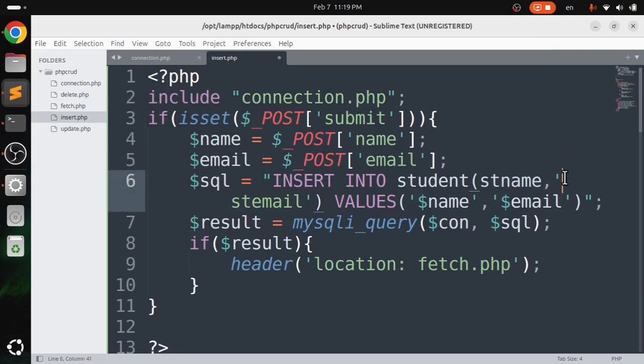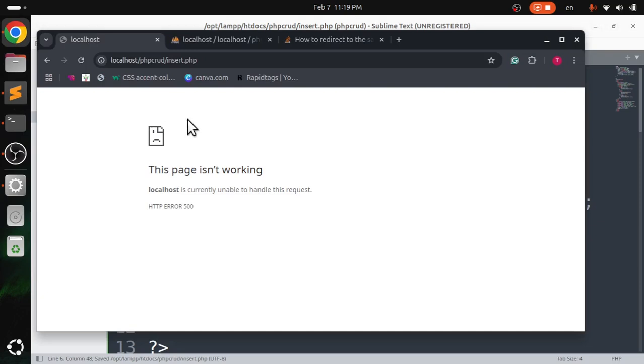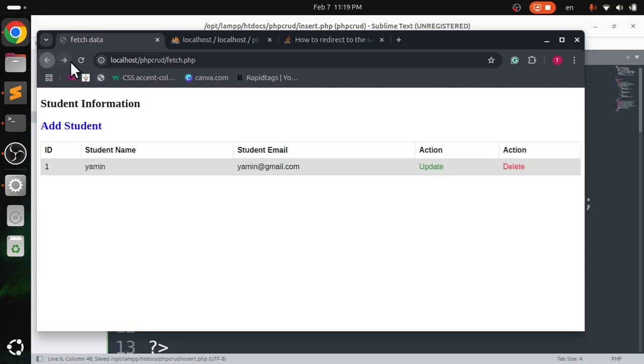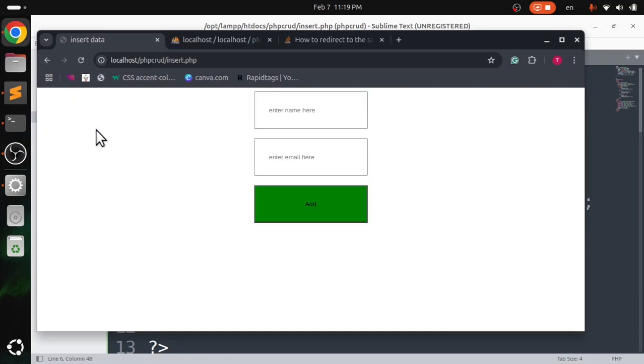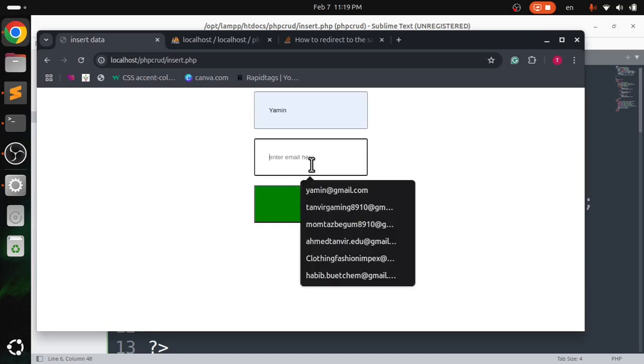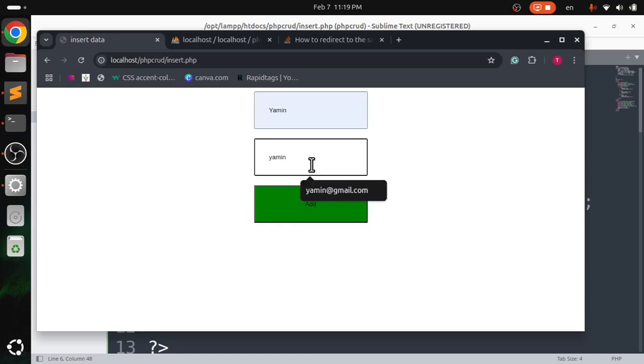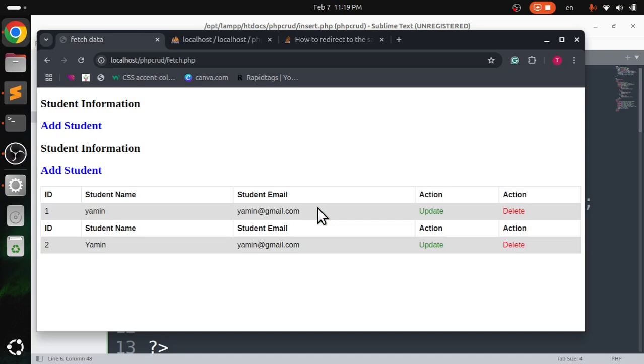I don't need to give quotation marks here. I just have to mention the table column names. So my table column names are st_name, I mean student name, and student email, and that's it. Now let's see what happened here. If I go back, go for add student. Let's say I want to add yamin@gmail.com, add. Okay, now you can see we have added Yamin,